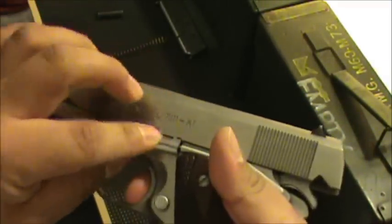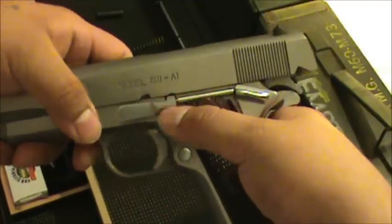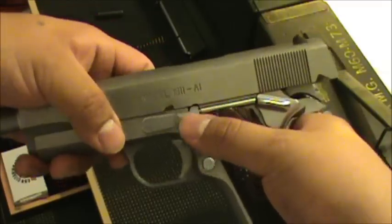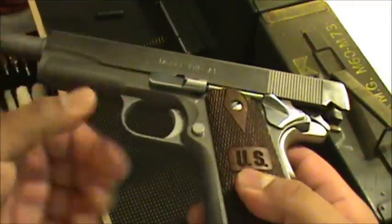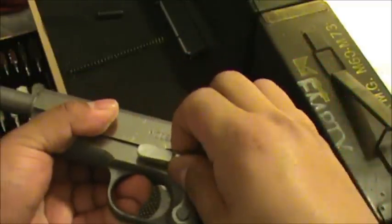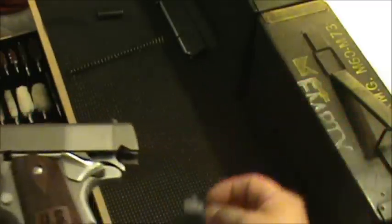Okay. And there you go. Push this down, like just barely tap it. Push this down while you're pushing on that back thing, and it'll pop out just like that. See? Now take the slide stop out. Now if you're having problems, another issue could be